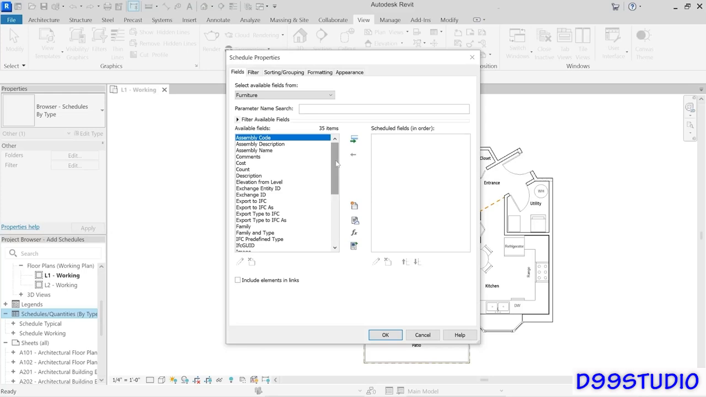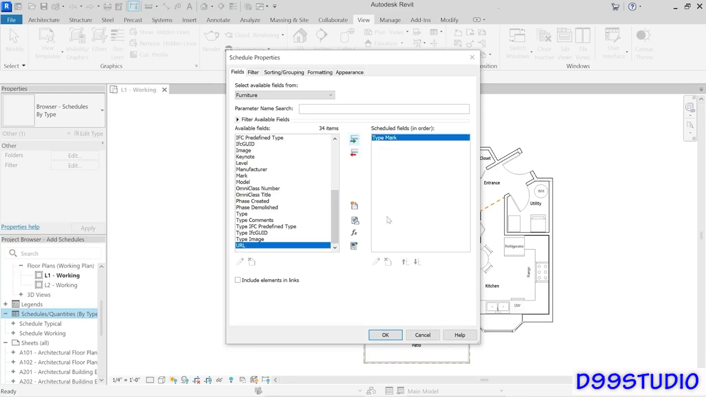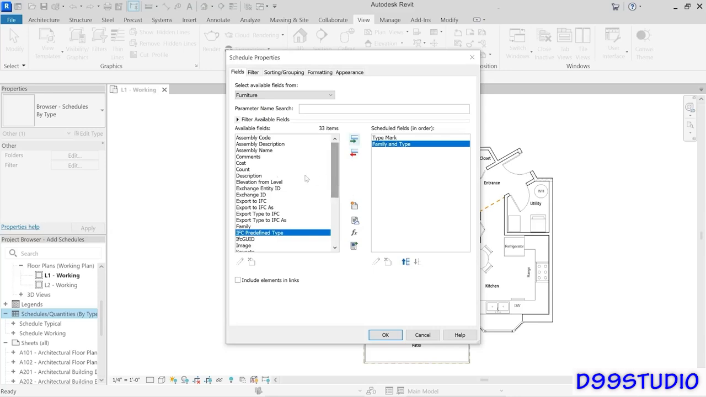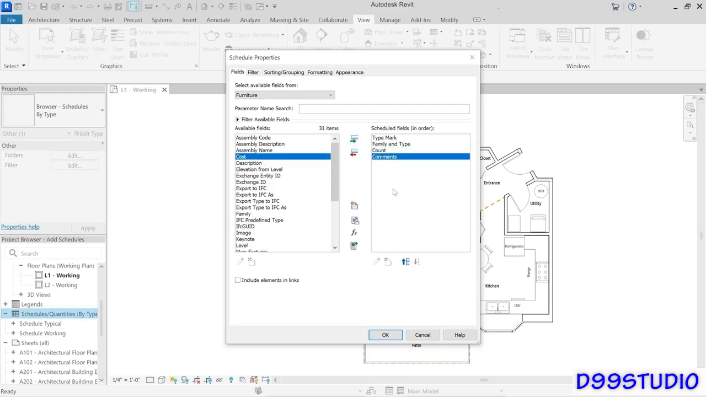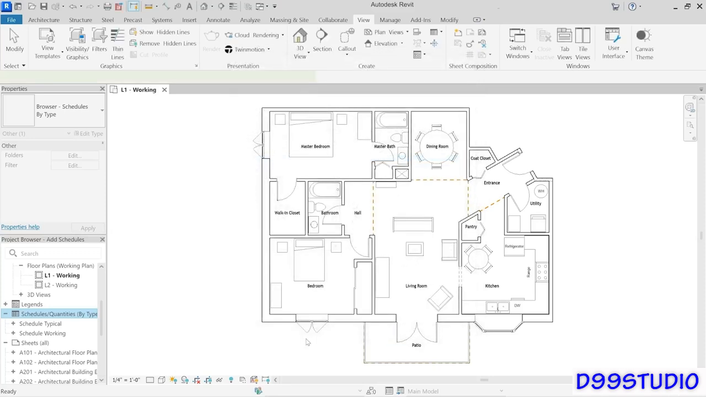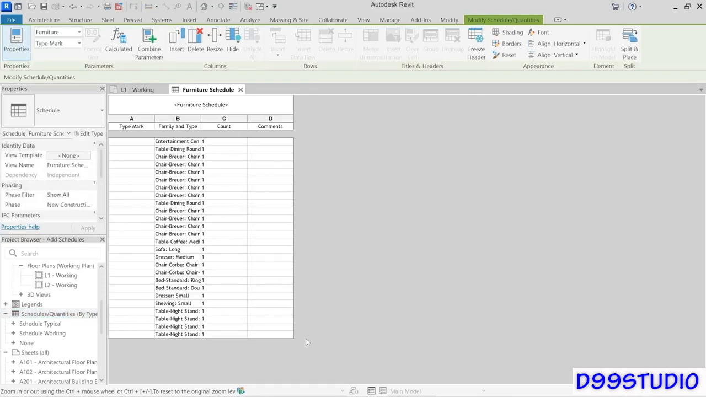So the first one that I'm going to add is the type mark. So most of the time on furniture schedules, we identify each piece of furniture by a type mark of some kind. Now there's a little green arrow here. You just click that to add that to the schedule. Now next, I'm going to add the family and type, and that'll place that below that. You can also double click a field to add it. So I'm going to double click the count field and then finally the comments. So I'm going to start with just these 4 fields for now, but you could certainly add more if you wanted to. And then I will click OK, and that will generate a list of all of the furniture items